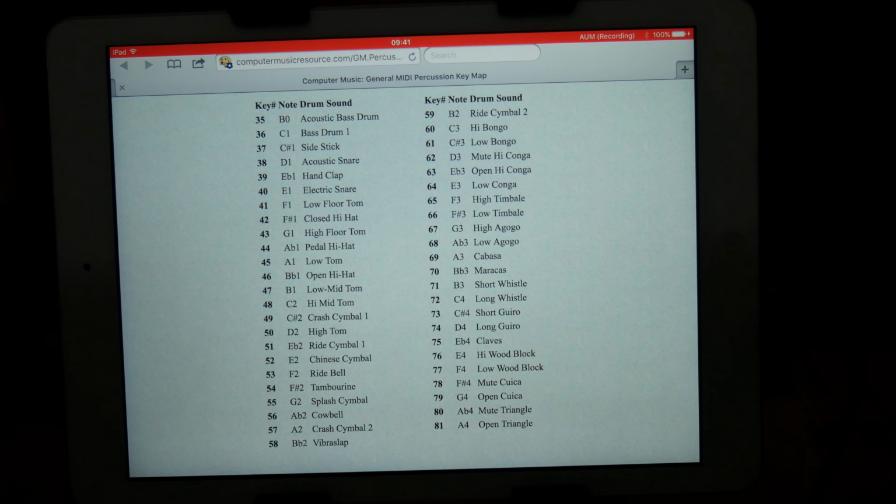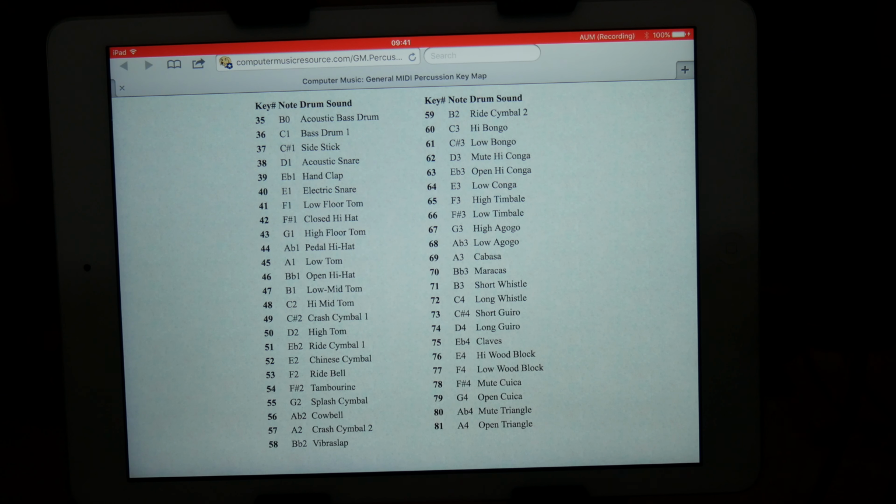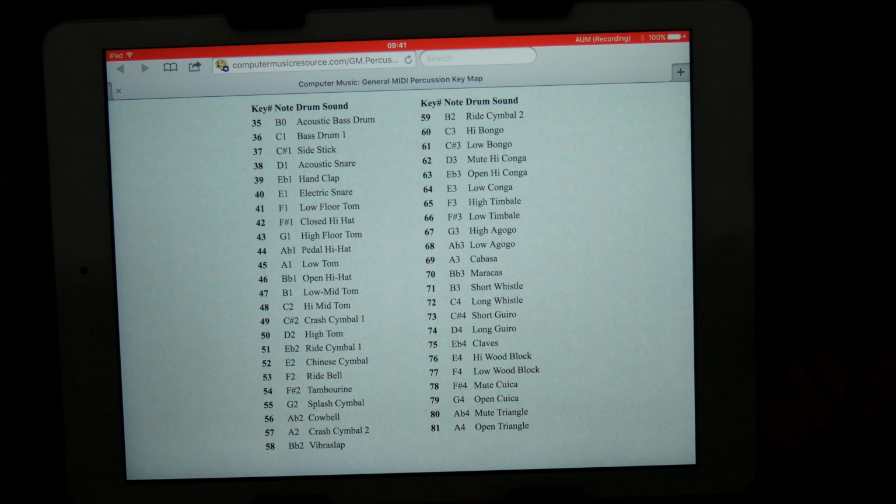But the key, if you want it in general MIDI standards to be able to play it on a standard keyboard or pad controller and it be mapped out automatically like it would be if it was a general MIDI file, is you need to follow these